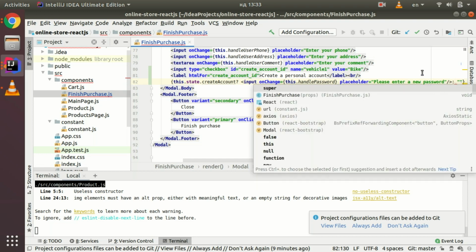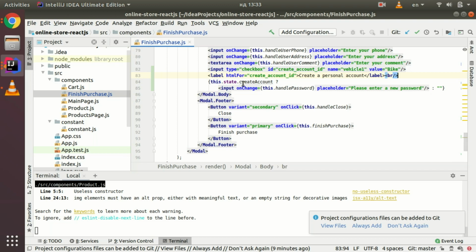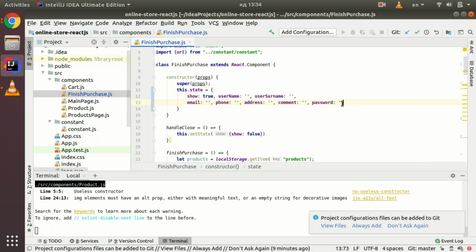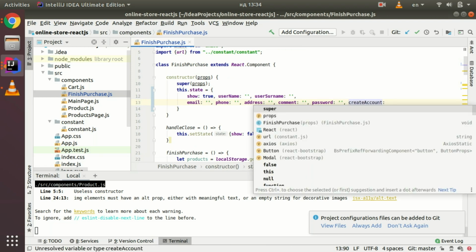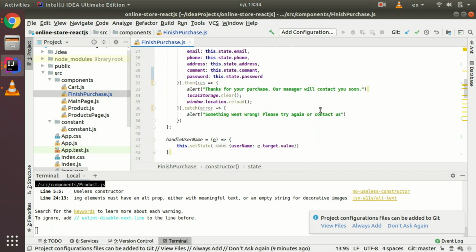It's a ternary operator, like in Java. If state create account is true, then we just render this input, otherwise just an empty string. Let's create a state. First, the create account is false, and then